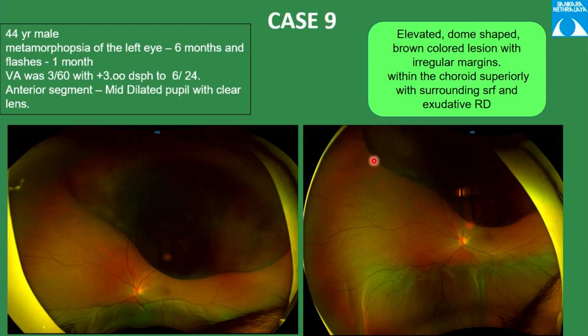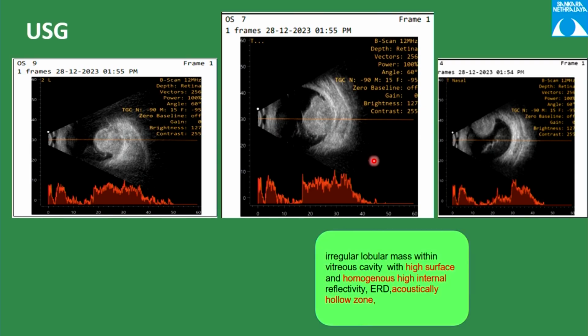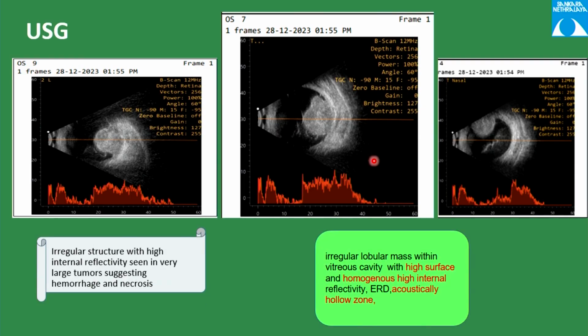There's an Optos image where you can see an elevated dome-shaped lesion. It's brown colored, and you can also see surrounding subretinal fluid also arising superiorly. Inferiorly, you have an exudative retinal detachment. Ultrasound was done, which shows an irregular lobular mass within the vitreous cavity. There is a high surface and homogeneous internal reflectivity along with exudative retinal detachment, and there's an acoustically hollow zone